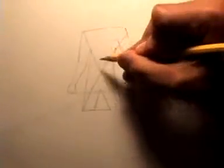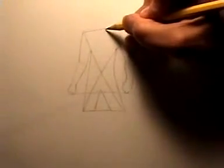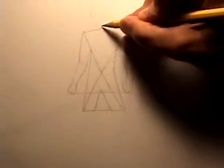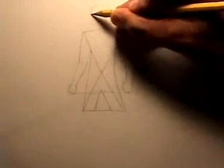I'm trying to keep this video fast. Let's drop in the head real fast. Remember that triangle up here. If this is the halfway point, the head is actually going to come a little bit over to one side of that halfway point. He's kind of got his head cocked over, this guy,